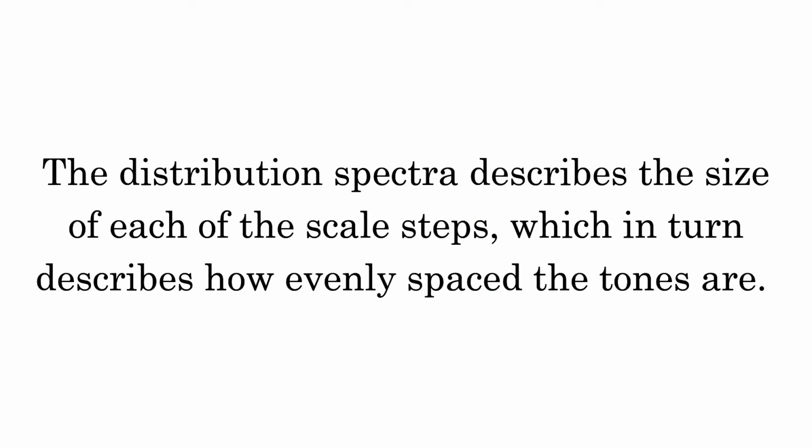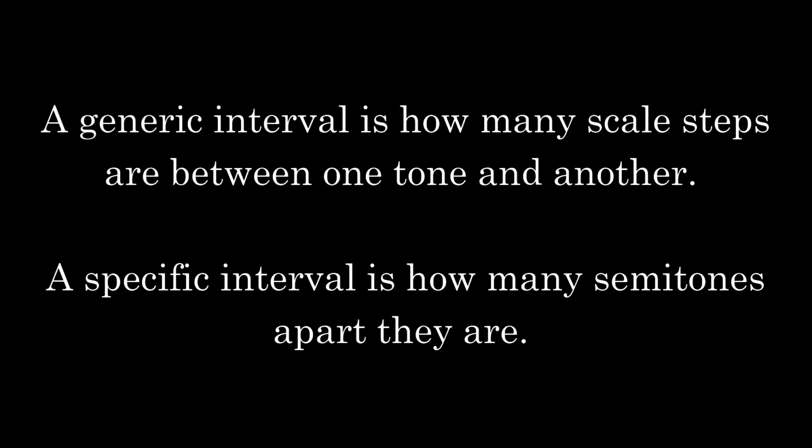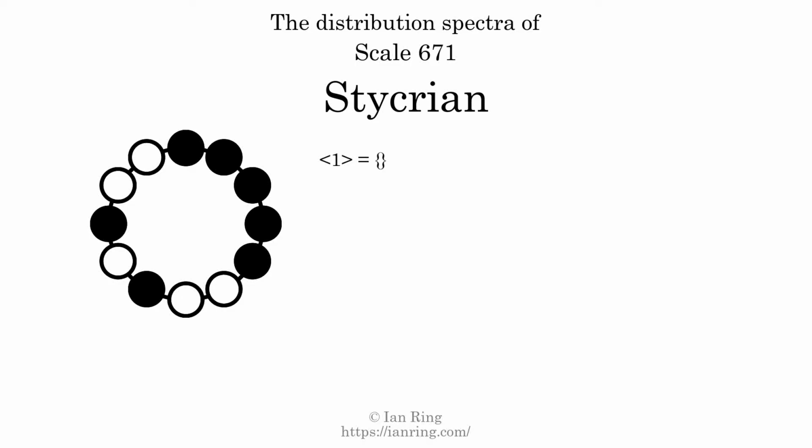The distribution spectra describes the size of each of the scale steps, which in turn describes how evenly spaced the tones are. A generic interval is how many scale steps are between one tone and another. A specific interval is how many semitones apart they are. The generic interval of one scale step comes in 3 different specific interval sizes: 1 semitone, 2 semitones, and 3 semitones. The spectrum width of this generic interval is the highest, 3, minus the lowest, 1,